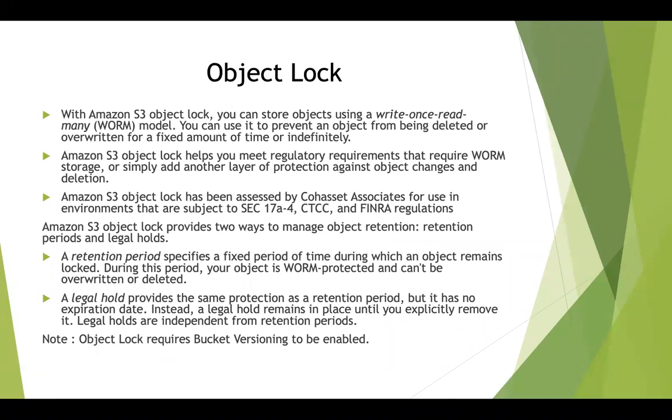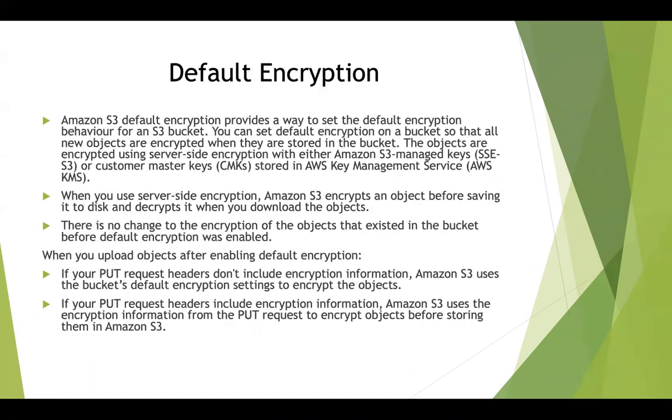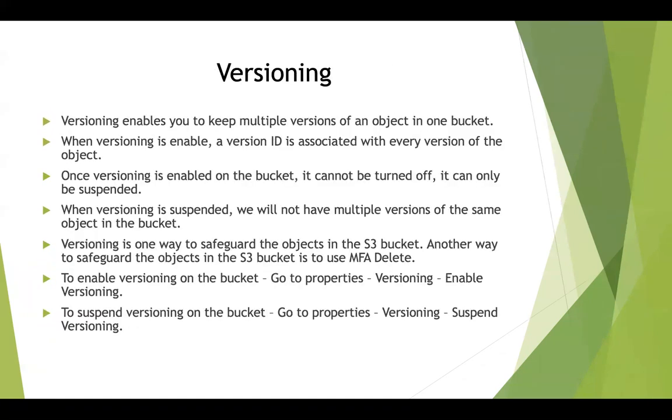So today we are going to look at the other five properties of S3 that we were talking about previously. So just a small revision as to what the previous five properties were. We started off with versioning. Versioning enables us to have multiple versions of the same object within a bucket, and we can only enable and suspend versioning. We will not be able to disable it.